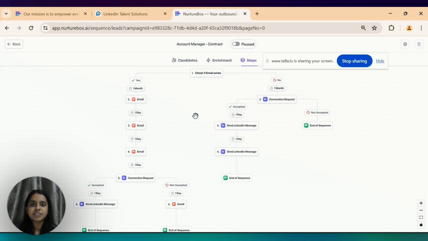So how you want to reach the candidate, how frequently do you want to reach the candidate, and at what times do you want to reach the candidate. So this is where you configure all of it, right? So we basically recommend this particular framework where you check whether an email exists and then go about with a set of steps. If there is no email, then you do a separate set of steps, right? So this is what we recommend, but again, this is a space where you can completely work out what you want to do and then create and run the sequence, right?